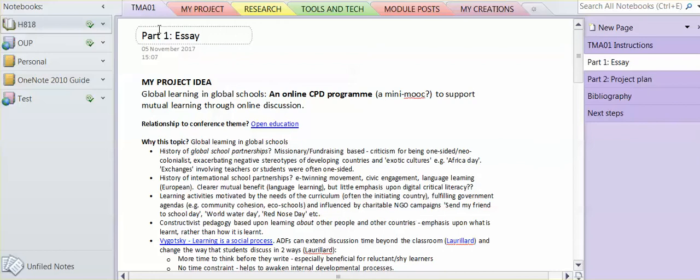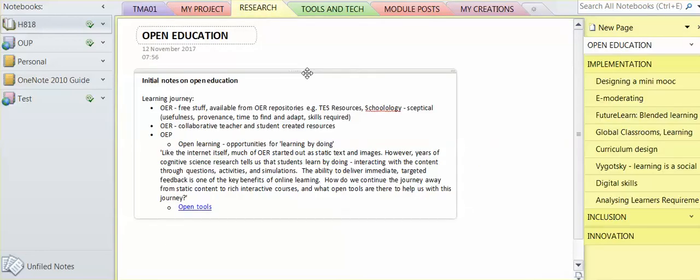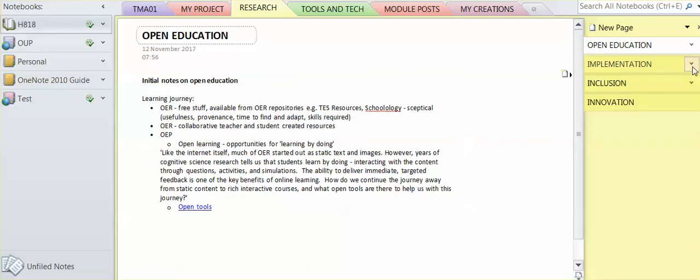So having a look at the other folders, most of the stuff which I've identified, found, read, watched is saved in the research folder. And the way that I've structured this folder is I have created some kind of sections here relating to the 3 key areas of TMA1. So whenever I've come across something, an article or a blog post or a video, I've had to try and